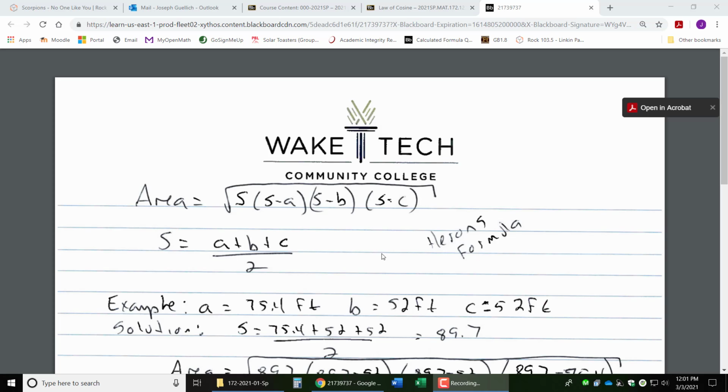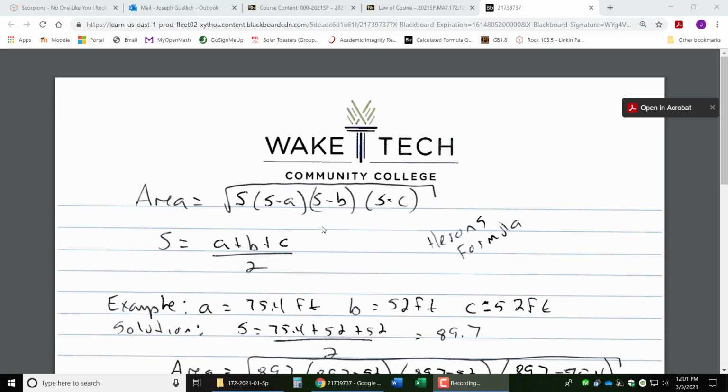Hello there. This video is for the area of a triangle when it's not just a basic right triangle. So there's a new formula called Heron's formula right yonder. A, B, C are the sides of the triangle like normal. The S is called the semi-perimeter. Just add the lengths of the sides, divide by 2, plug it into the area formula like you can see